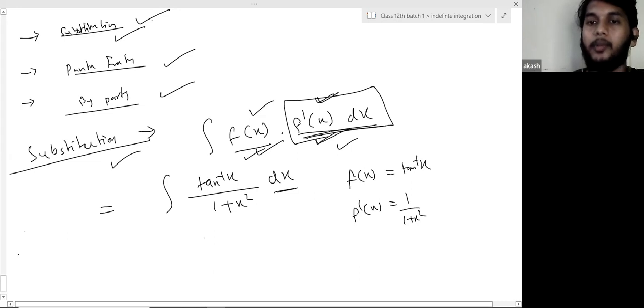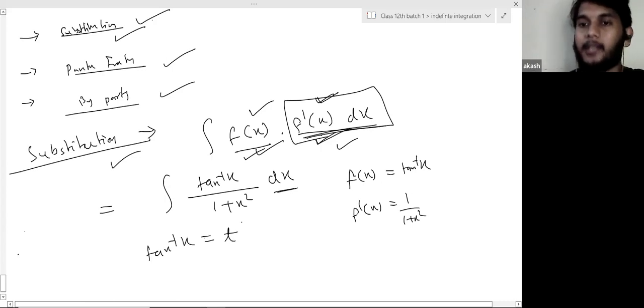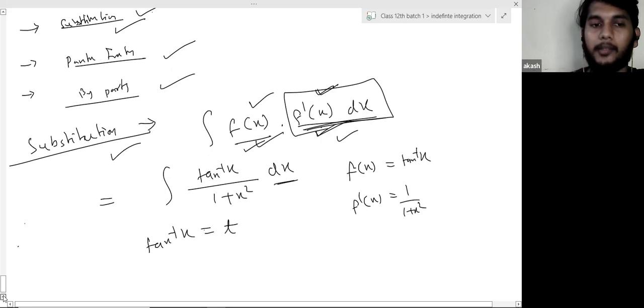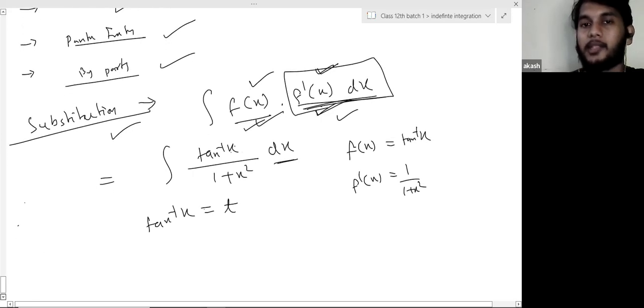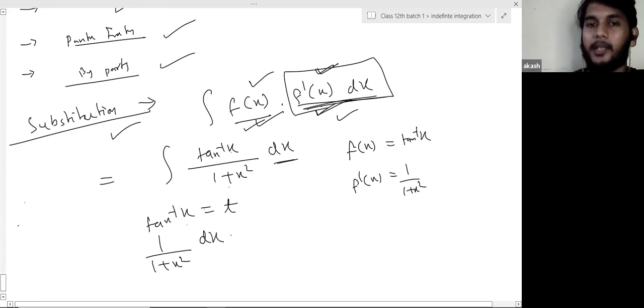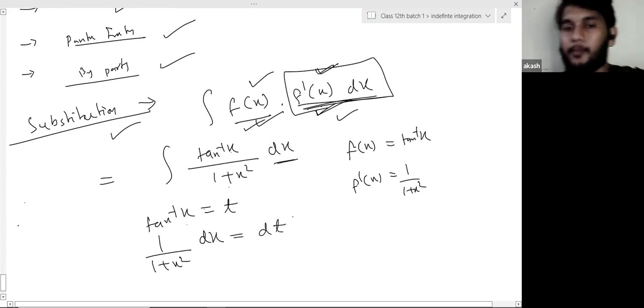All right. So what we have to do? Substitute tan inverse x as t, the function as t. As simple as that. As soon as you look at this, that we have got tan inverse x whose differentiation is 1 upon 1 plus x square, assume tan inverse x is t, differentiate both sides. So what we'll get? 1 upon 1 plus x square dx, right? If I can write dx by dt, but always write like this, and this is dt. All right, this thing is clear.